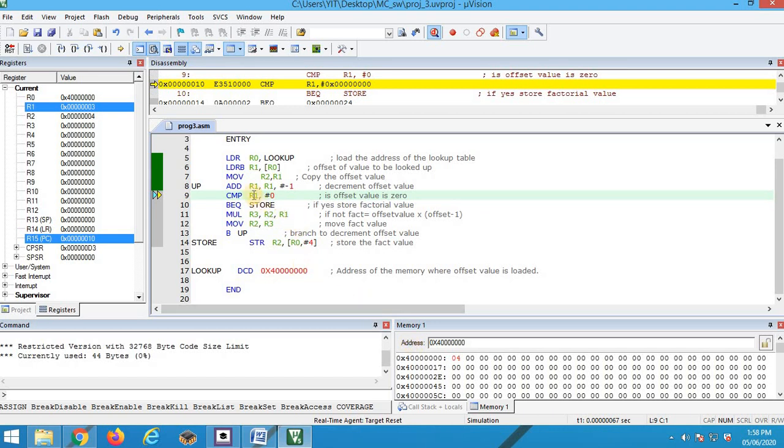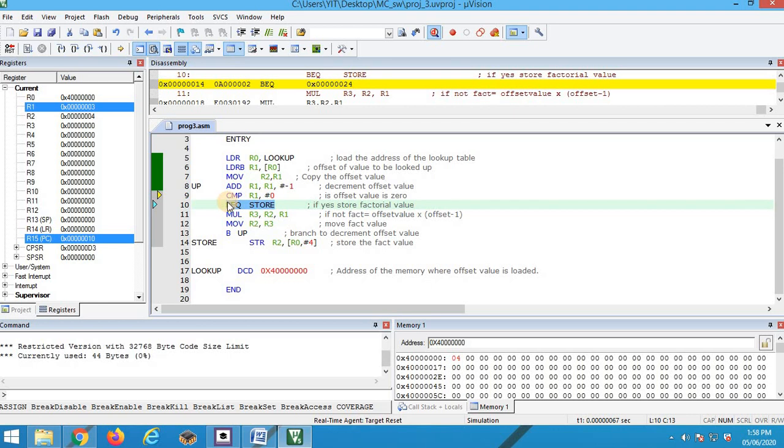If R1 is 0, then you know the factorial of 4. That means you have reached the last step, but we are still in the first step. So when this comparison succeeds, what do we do? We go out of the loop.